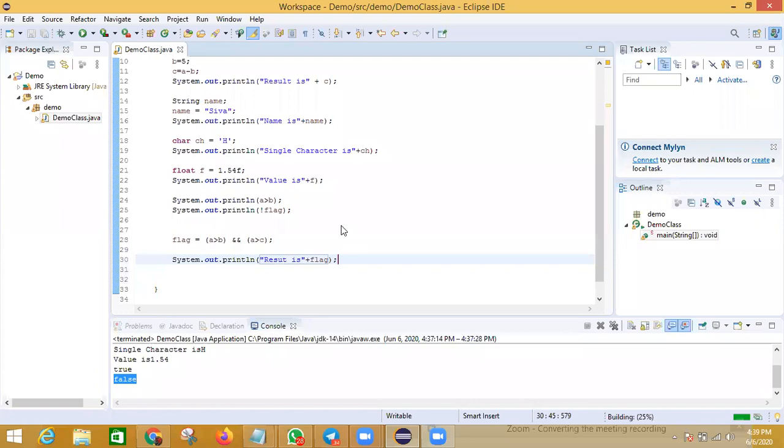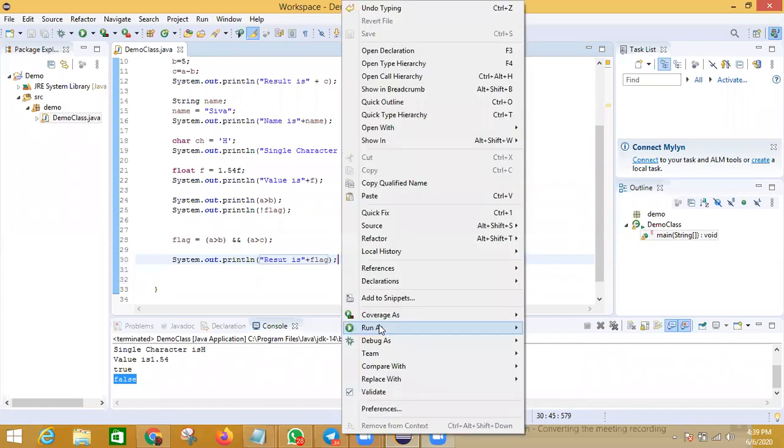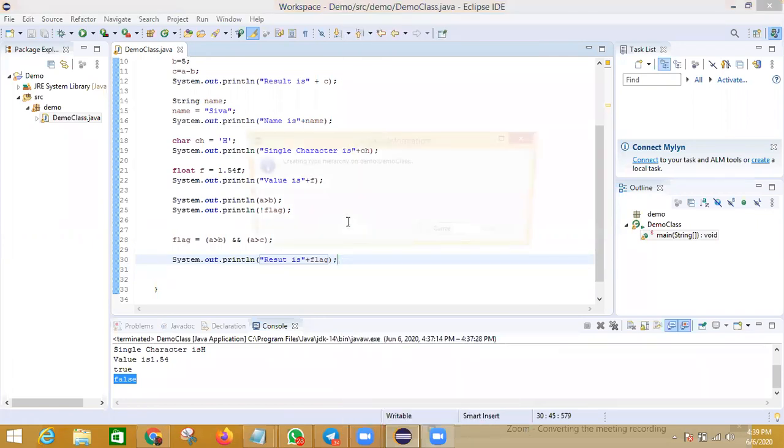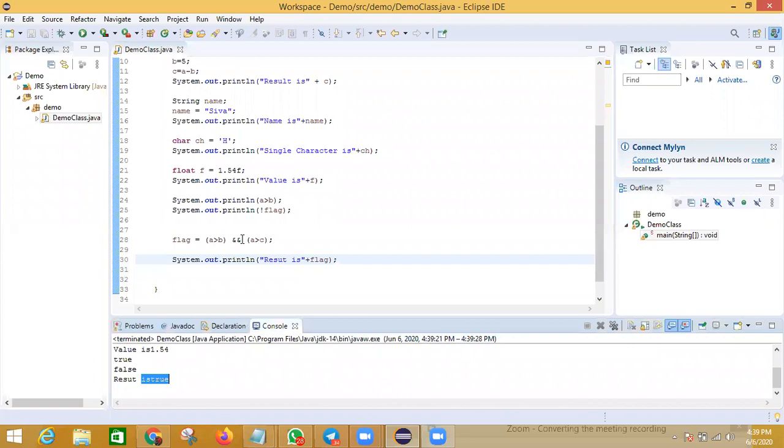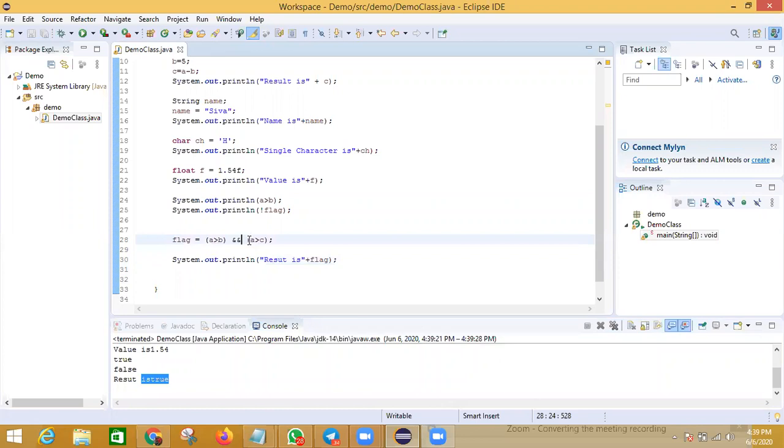When you execute this program, you will get true as the result. So when you want to check multiple conditions and both must be true, you can use this AND operator.